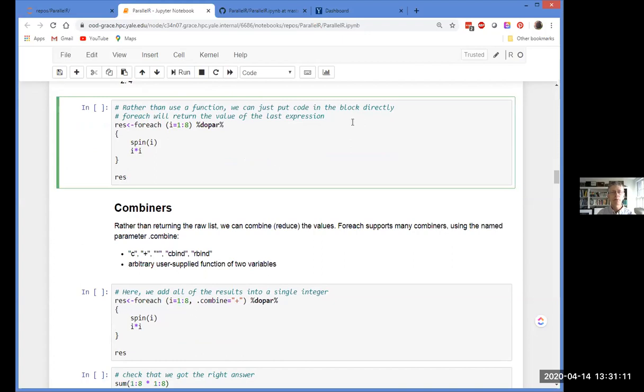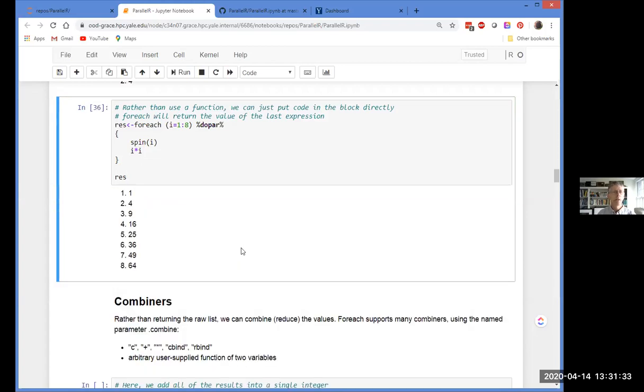Now, we don't have to put a function in the block. We can put any arbitrary code we want, and the value for each iteration of the for loop will just be the final statement in the block. So this is equivalent to what I did before. I should mention that when I do this execution, this turns into an asterisk showing that the kernel is busy. And then once the kernel finishes the execution, it turns into this integer. So we get the same value.